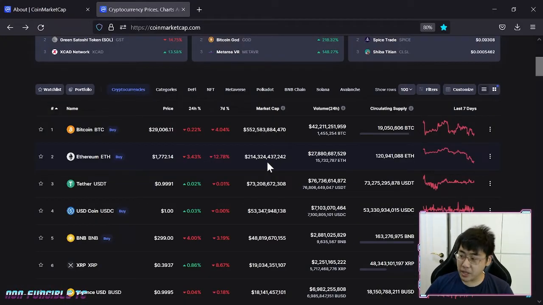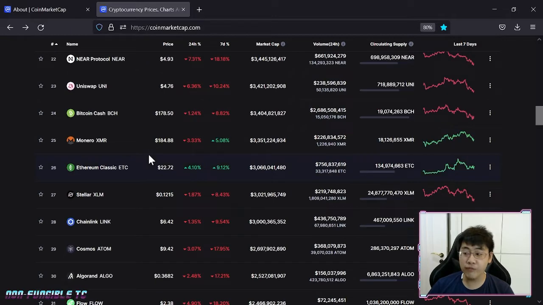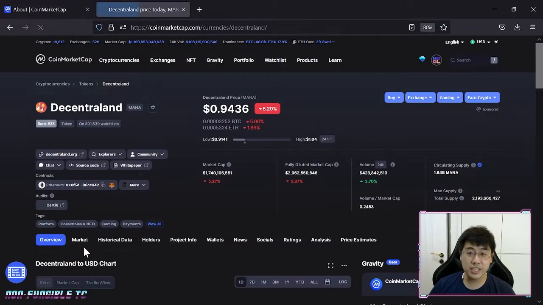All right, so we were talking about the Bitcoin, right? Because it is a bigger blockchain and it only supports Bitcoin, I want to talk about another smaller altcoin that actually shows you more functionality of CoinMarketCap. So to demonstrate this, I'll use Decentralized Mana, right? So this is Decentralized. So this interface actually looks pretty much similar, but the only thing that's different